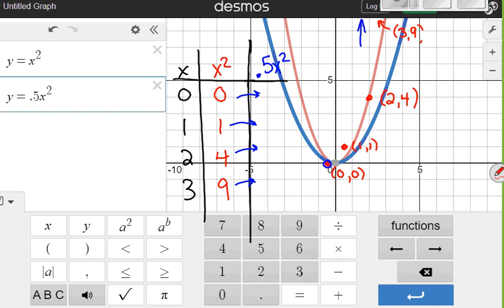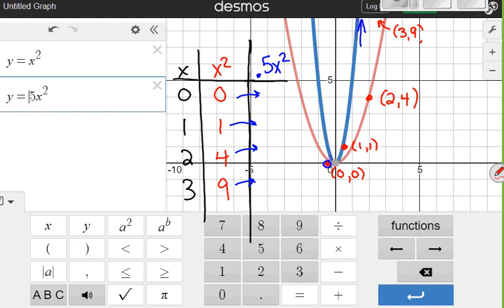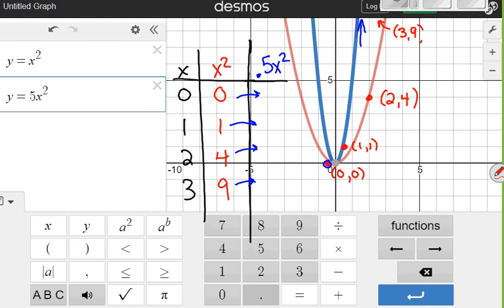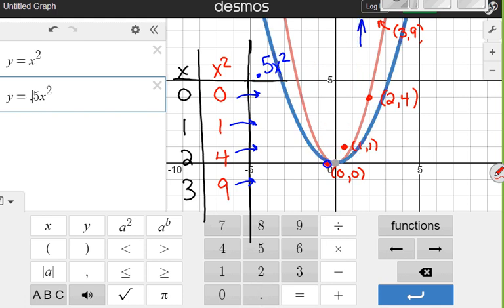Here it is for those of you watching on video. We jumped right to the graph here. 0.5x squared. You can see that now the blue parabola is wider and flatter. It has been compressed vertically. Watch what happens if we just remove the decimal point for a moment. Gone. Steep. Back in. Compressed. Stretch upward. Compressed downward. So that fraction value in front of the x squared cuts all those y's in half,